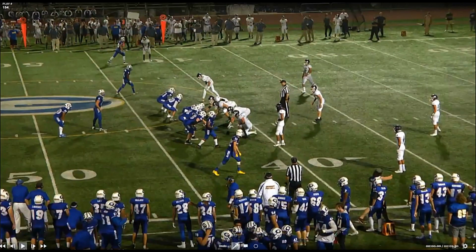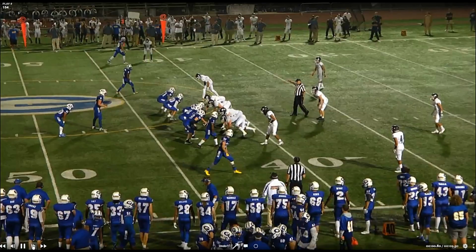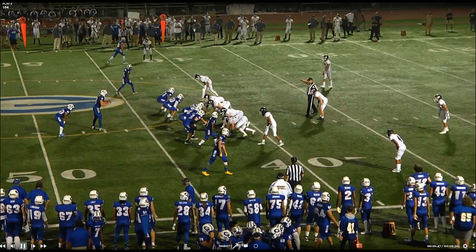So here's an example of what I was just talking about as far as formations go. Initially you can see we got both these players on the line. That would make this inside receiver ineligible, but we can see that the wide receiver shifts back. Is he back far enough to be off the line? Technically, probably not, but we know what they're trying to do here. And if we look, there's 1, 2, 3, 4 players in the backfield technically, and so let this go. Do not flag this receiver for going beyond the line of scrimmage,